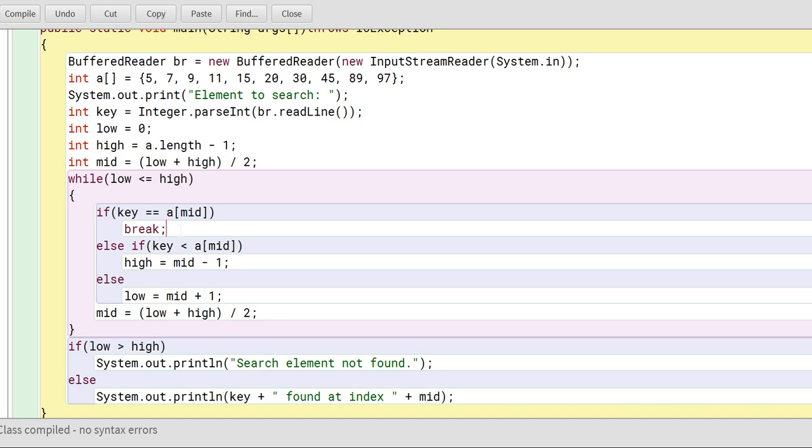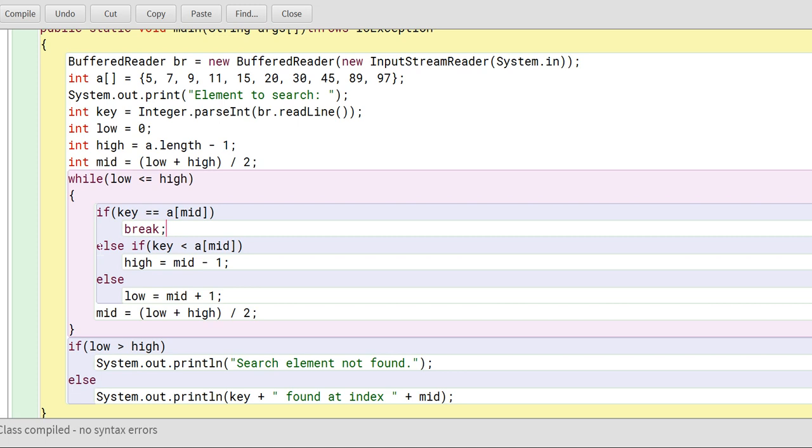The logic here is that the middle element will be the desired element, the one you have to search for. So the element you entered should match the middle element. If this condition is true, your searching is completed and the loop will break.